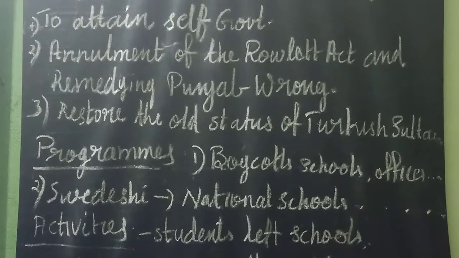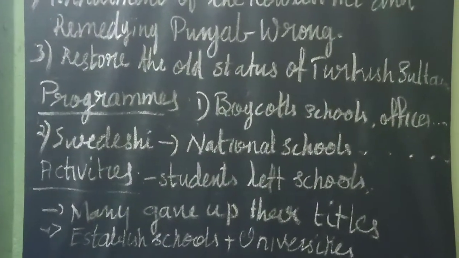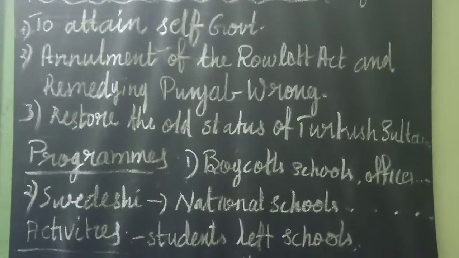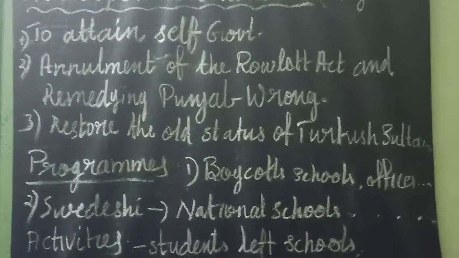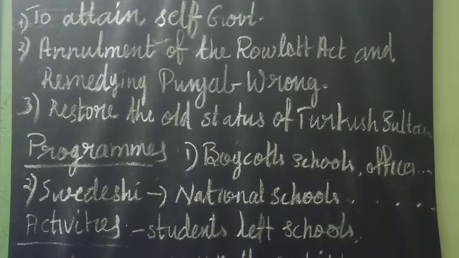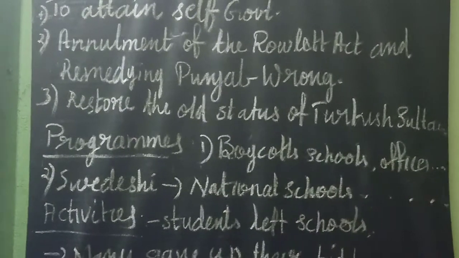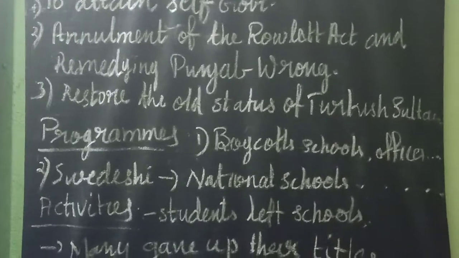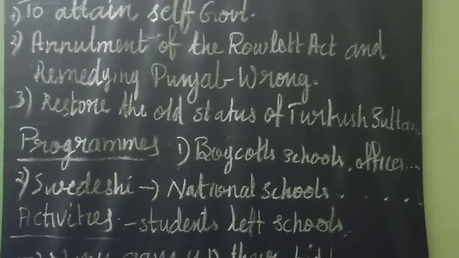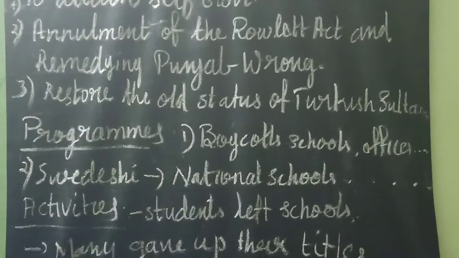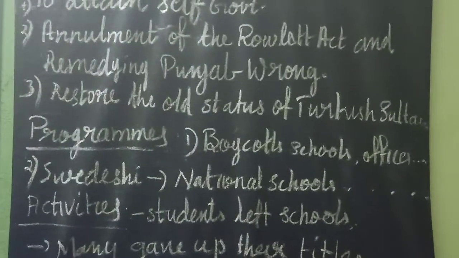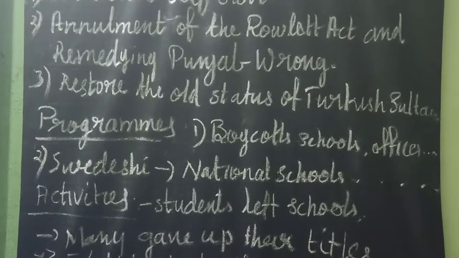The Rowlatt Act, we know already, meant arresting a person without any warrant. So Indians wanted an apology from the Britishers for that incident, and also for the Jallianwala Bagh incident. The British government should express its regret on the happenings in Punjab and the Rowlatt Act. That means they should feel sorry about these two incidents. That is what the Congress people wanted.